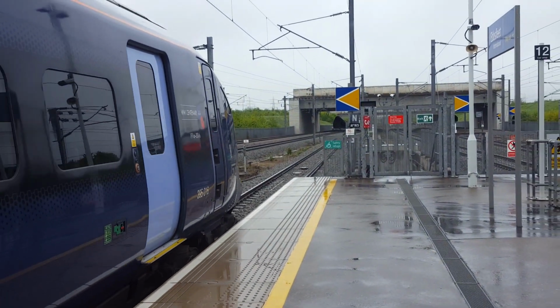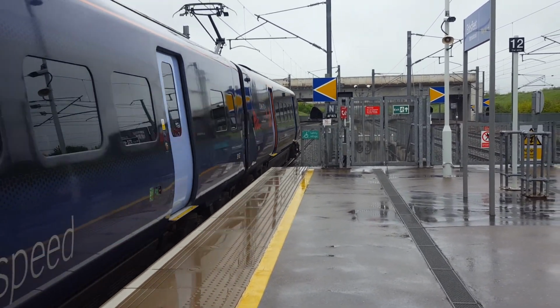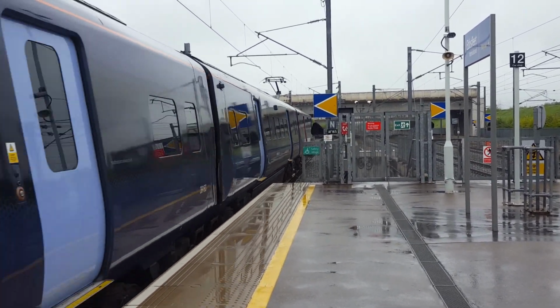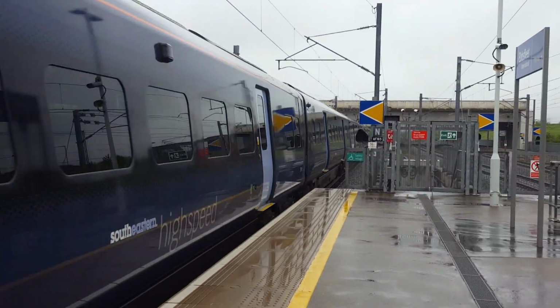Okay, leaving now is 395016 with the 10:26 Southeastern High Speed Service to Margate. Also, we have a sister set on the rear, which is...